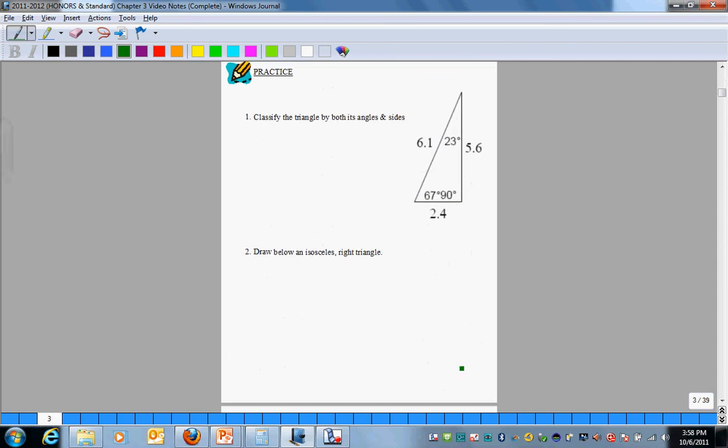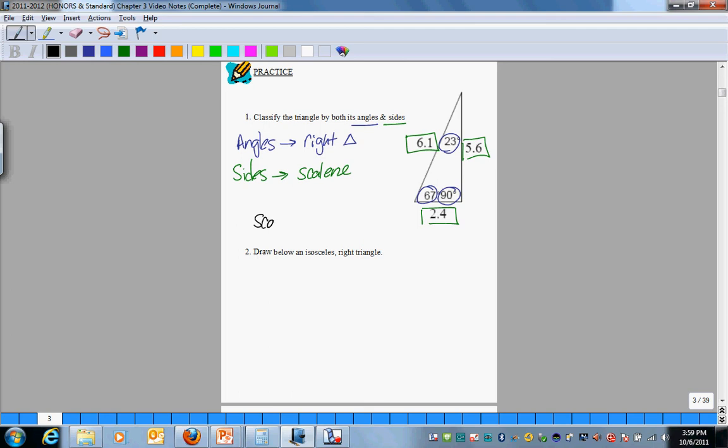So we're going to get some practice here. We want to classify this triangle both by its angles and by its sides. So let's look at all the angles. I have 67, I have a 90 and 23. So classifying by angles, this is a right triangle. Now let's look at the sides. 2.4, 5.6, 6.1, no sides are equal. Therefore, it is scalene. So we would call this a scalene right